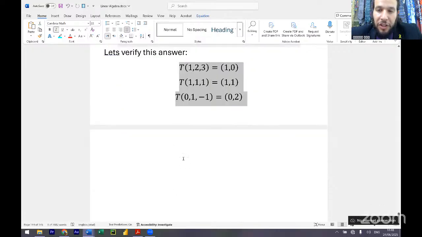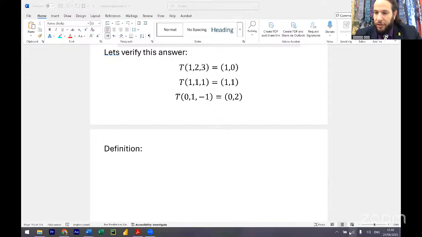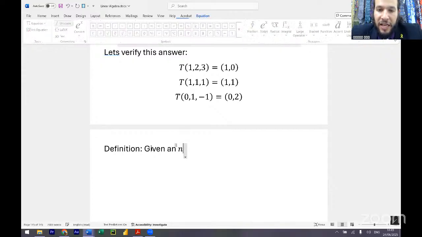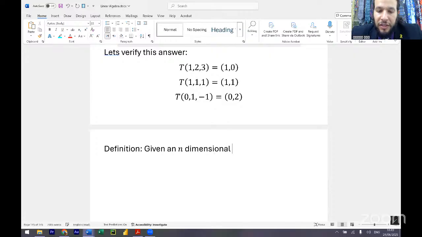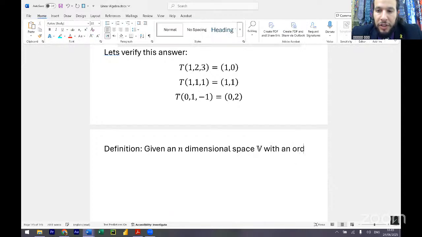The formal definition of part of what we did. Definition. Given an n-dimensional space V with an ordered basis